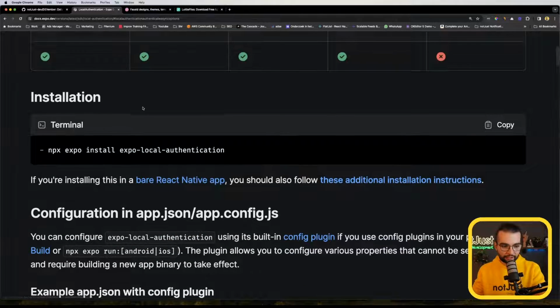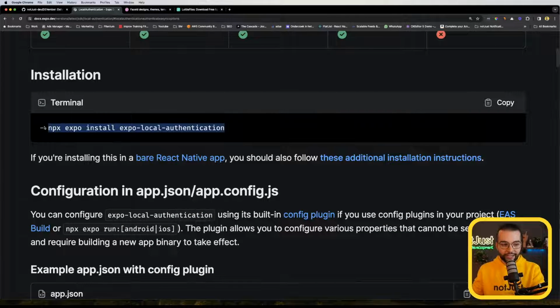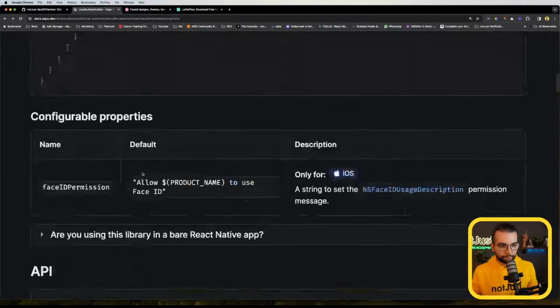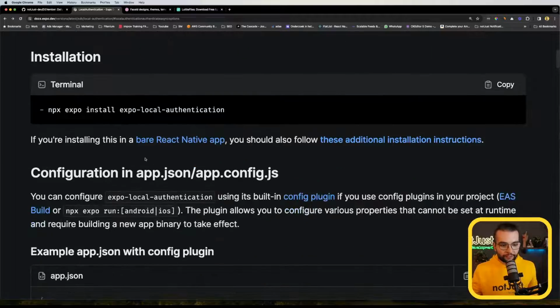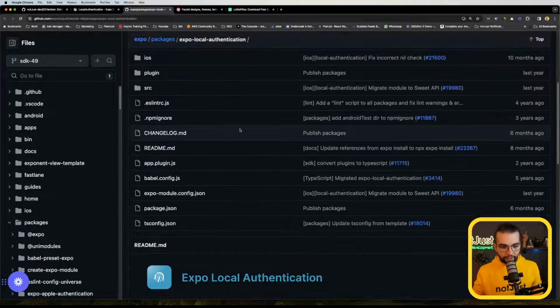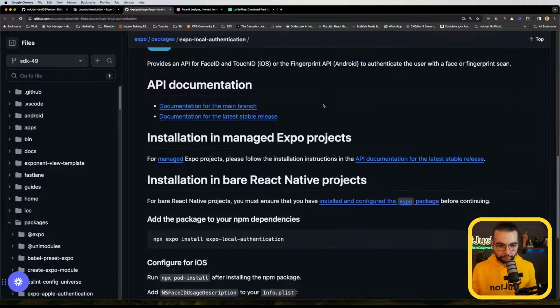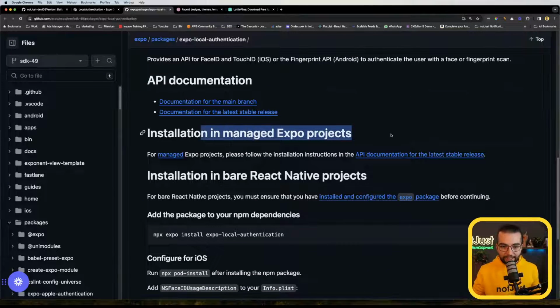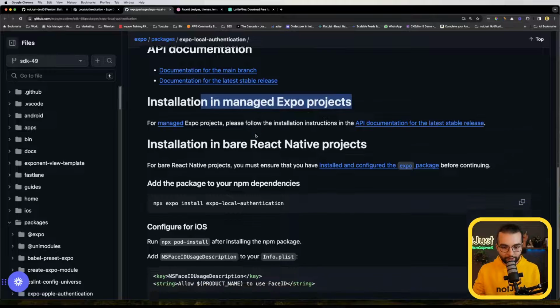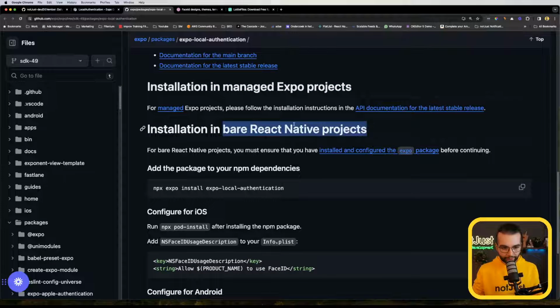Let's go ahead to the installation. We see that if we're using Expo, it's as simple as this. But if we are installing this in a bare React Native application, which is the React Native CLI, you should also follow these additional instructions. And the additional instructions most probably are here in the README for Expo local authentication. For Expo managed, this is if you're using Expo, that's for us, it redirects us back to the documentation. But for bare React Native projects,